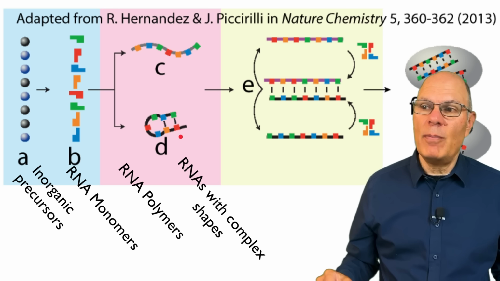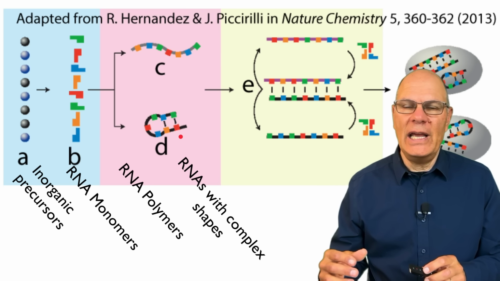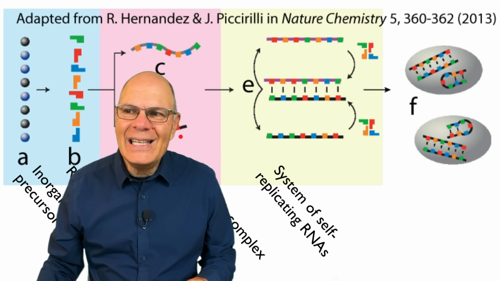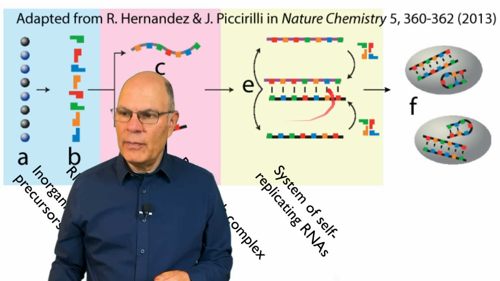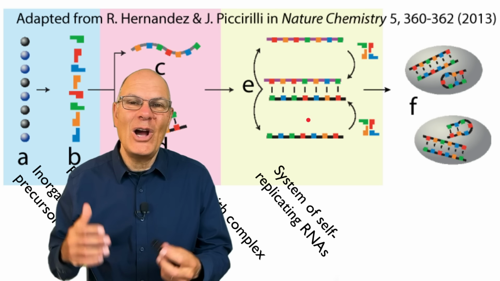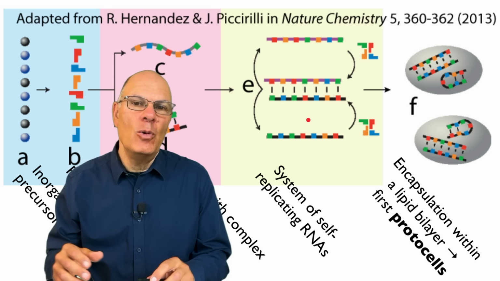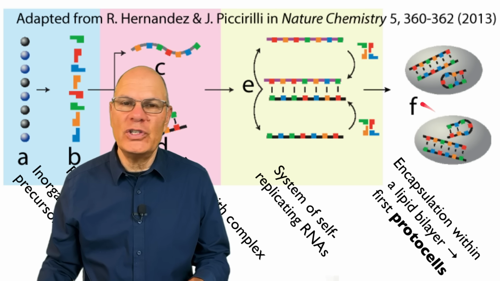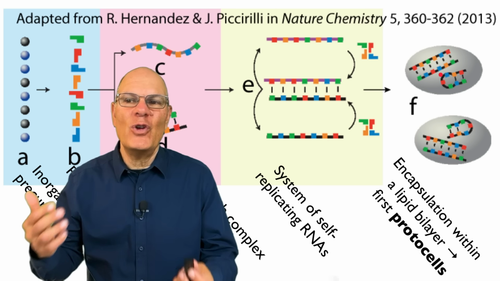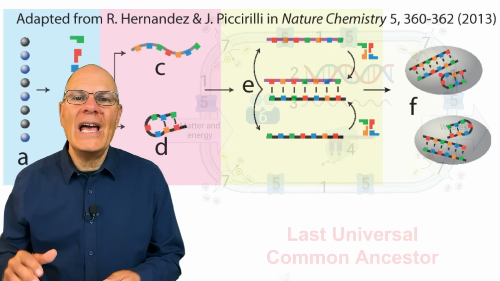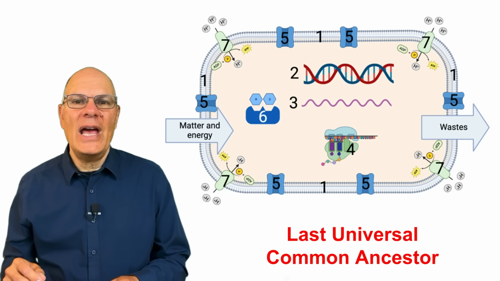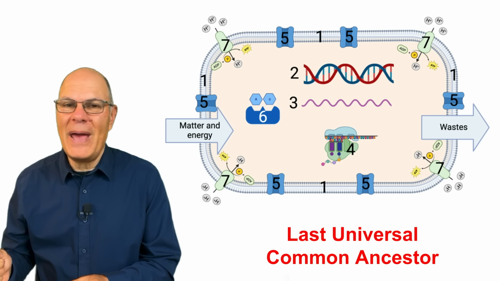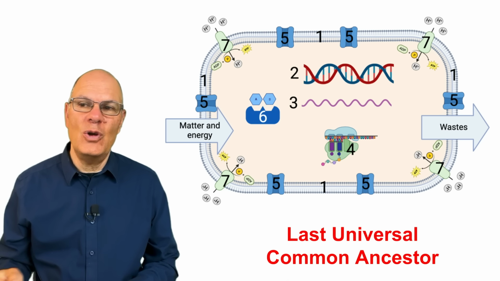One of those enzymatic properties could lead systems of RNAs. It doesn't have to be just one molecule, but there could be a system of interacting molecules that could lead the system to replicate itself. At some point, those self-replicating RNA systems would become encapsulated within some kind of lipid bilayer. And at that point, at letter F, we have a protocell. Further natural selection, further evolution would lead to the emergence of the last universal common ancestor. That's the population of organisms that gives rise to both archaea and bacteria, and ultimately through a fusion of those two domains to